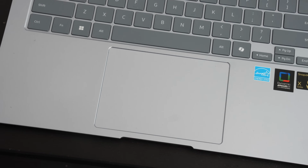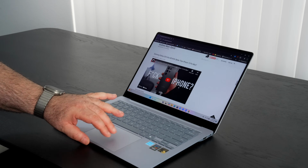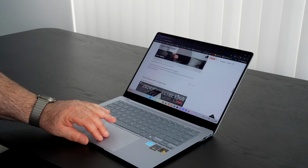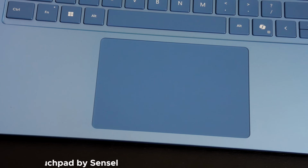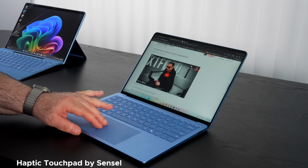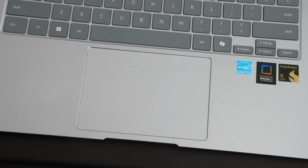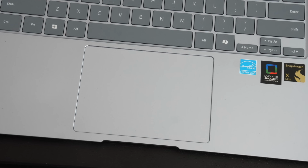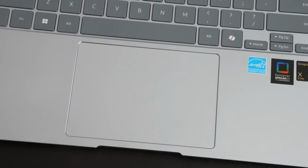And I would say the touchpad is actually pretty good as well. Very responsive when it comes to scrolling, doing all the gestures, but I would have liked to have seen a haptic touchpad, kind of like what we saw on the Surface Laptop 7 that's done by Sensel. Was really good. Would have been great on here as well, but we don't get that. And again, we're spending $1,350. I would like to see a haptic touchpad at this point. That was a big pet peeve of mine on the Intel-based units we saw earlier this